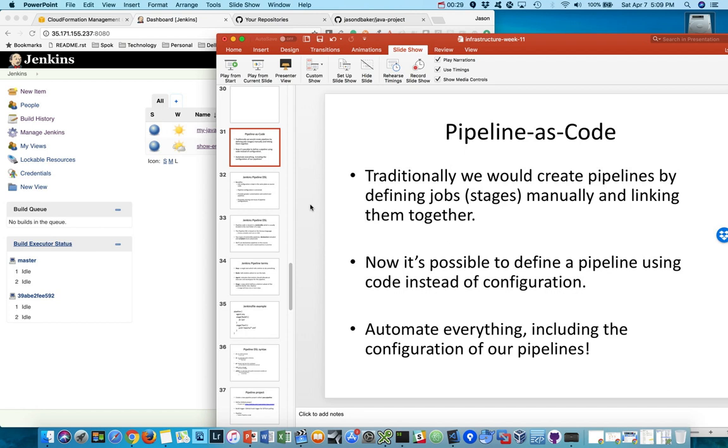And oftentimes what we would do is we would actually link different projects together. There's a way to configure a project so that when the project is done, it actually triggers the building of another project. And so by linking these different projects together, we could create a sort of a defined pipeline with